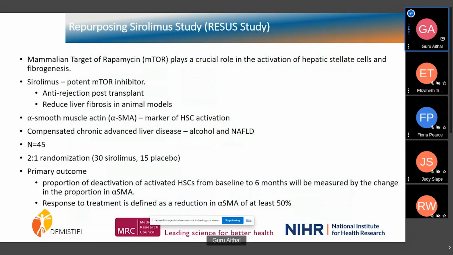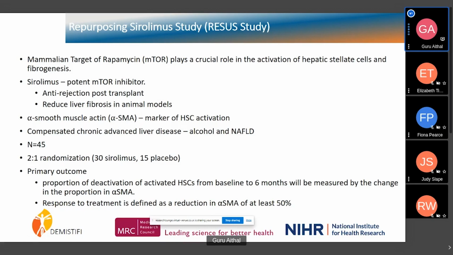And what do we do by identifying it? This is unrelated to the scan, but we have already got an ethical approval and we have started enrolling to this research study. It is now focused just on liver fibrosis, targeting a pathway called mTOR, which is a signaling pathway, a generic pathway actually. We already have a medication which we use for stopping transplants from rejecting, called sirolimus, which can be used in a very low dose to stop fibrosis. That is the hypothesis we are testing.